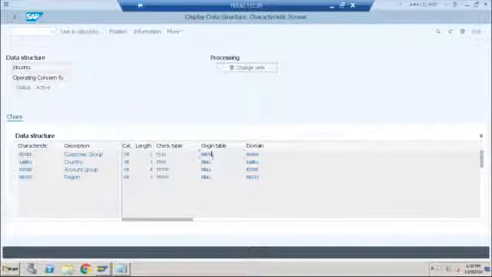So in our last session, when we created the two characteristics, both were taking the values from KNVV, and that is the reason they were not able to get the values, because we have still not maintained that customer for the sales area data. Okay, so if the system is trying to pick the data from KNVV and there is no data for that customer in KNVV, that is the reason the system was not able to show us the customer group. Okay, but then what I have done is I added some more columns here.